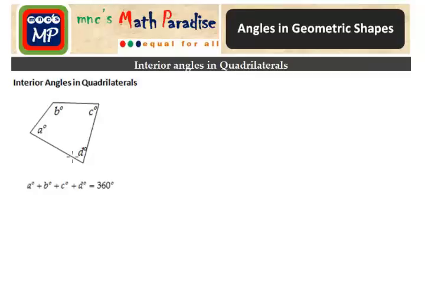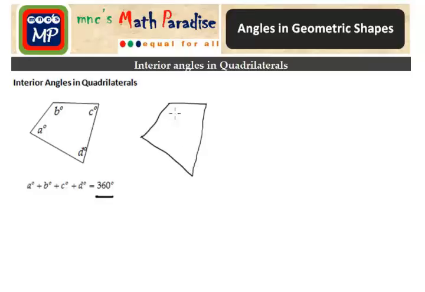A quadrilateral has 4 internal angles. Here we will prove that the sum of these 4 internal or interior angles of a quadrilateral is 360 degrees. We can easily prove it for any quadrilateral. If we take any quadrilateral,